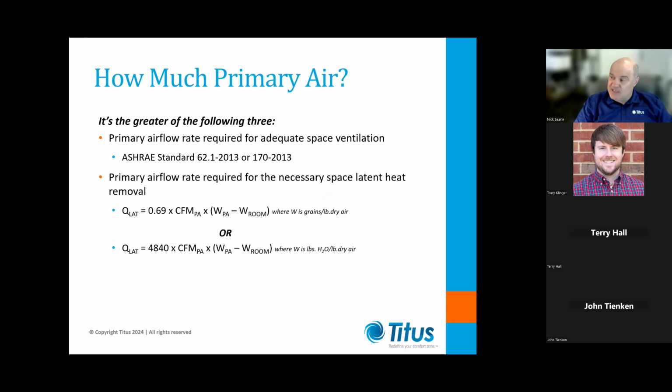So it reduces the size of the air system, or it reduces the expense of the air handling unit that you may consider to produce dry air. So when we plug a slightly higher RH into this formula, obviously we've got to convert it to grains because we're doing W primary air and W room. So at this aspect here, if you just plug that into this equation, you would be surprised how much difference